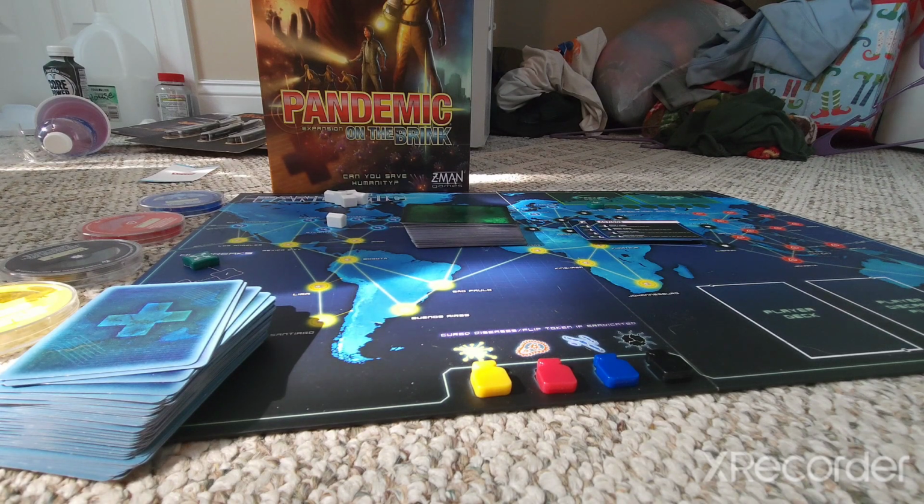So, when it comes to the Virulent Strain challenge and these fine points, the challenge is won or lost normally. If you hit 8 outbreaks, you lose. If any one of the disease cubes runs out, you lose. If you run out of cards and time runs out, you still lose. So, when it comes to the complex molecular structure Virulent Strain card,